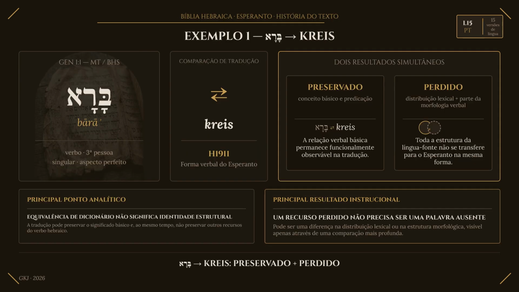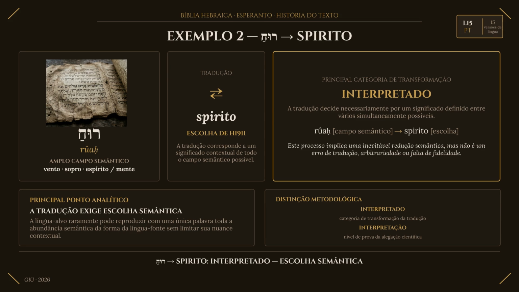In our first example, the Hebrew bārāʻ is translated as Christ. While the basic verbal relation is preserved, aspects of its lexical distribution and verbal morphology are lost in the new structure. Example 2 shows how rûaḥ is translated as spirito. This is an interpreted transformation, where a broad Hebrew semantic field is narrowed to a specific context,